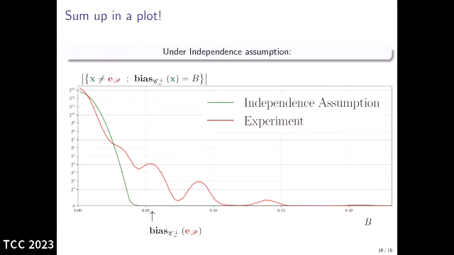So the first goal of our paper was in fact to understand this red experimental curve, to be able to make an analysis after that. So one of the contributions is to give a distribution of the bias that will match